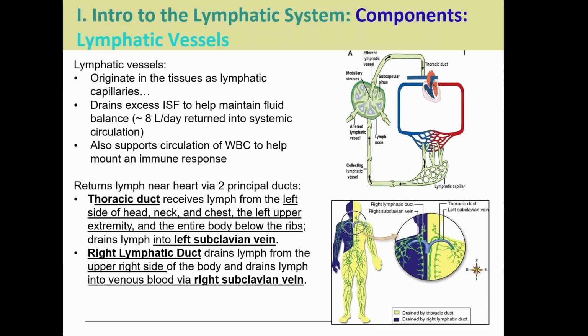The thoracic duct, though, kind of goes beyond just the left because it's going to be the left side of your head, neck, and chest, your left upper extremity, but it also will handle your abdominal, your pelvic, and your lower legs, right, on both sides. This is going to drain into the left subclavian vein, and then the right lymphatic duct, which is basically handling the right side of your head and your right arm and the upper right part of your chest area, that's going to drain into the right subclavian vein. So the thing you just have to remember is that they drain into the subclavian vein, and remember who's on the left, who's on the right.